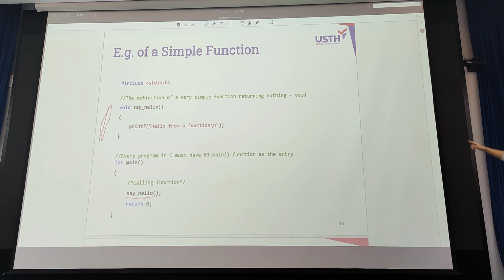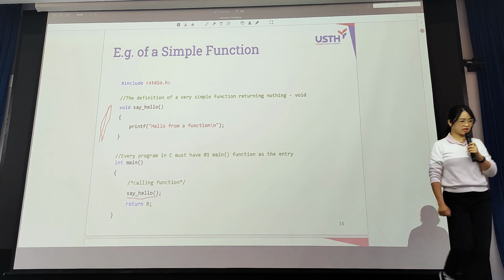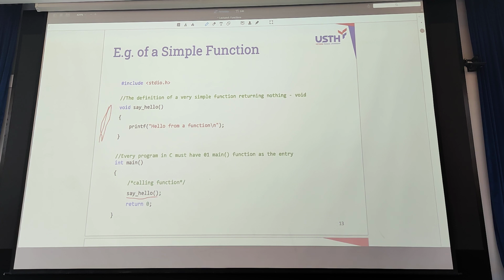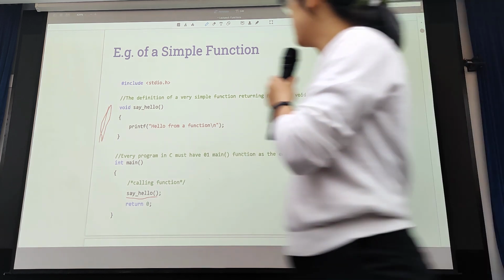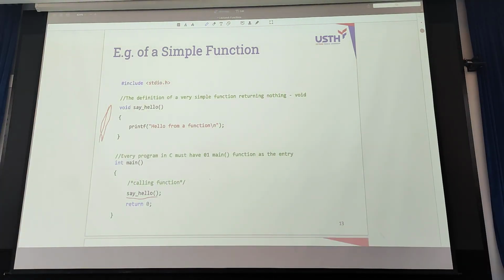Okay. Can you tell me some detail about this function? What is the return type? Void. So it's return. What is return? What does this function return?